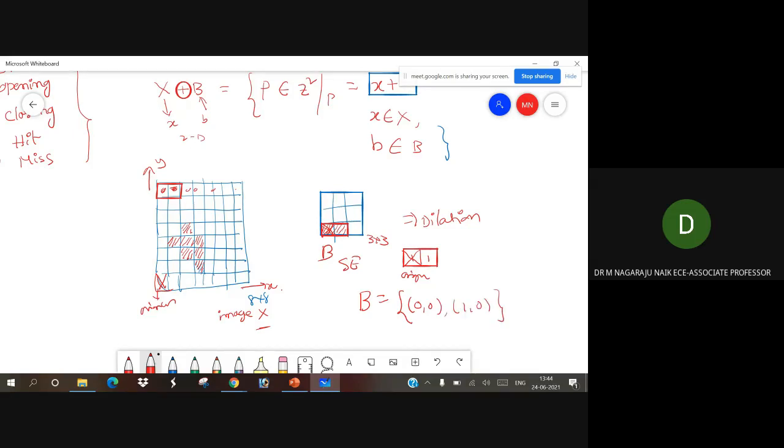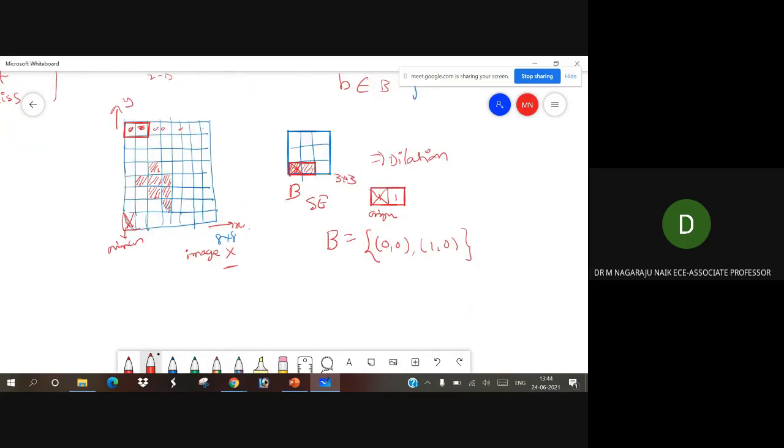Now these are the two points of the structural element. Okay, then apply these two structural element points, because an image is a combination of points; it is a set of points.